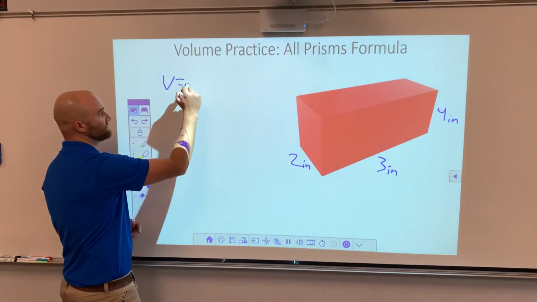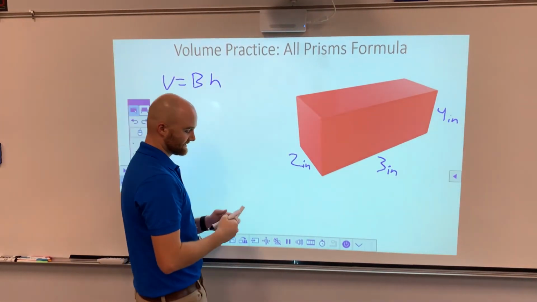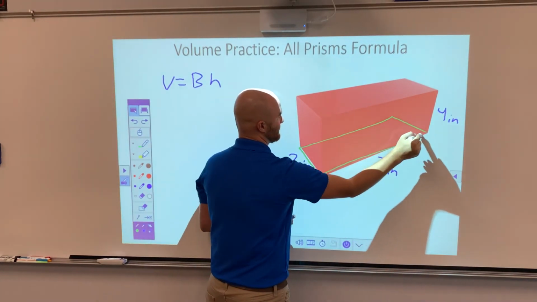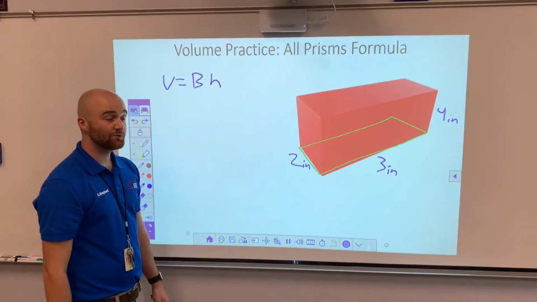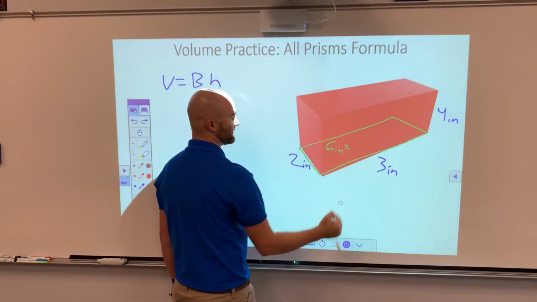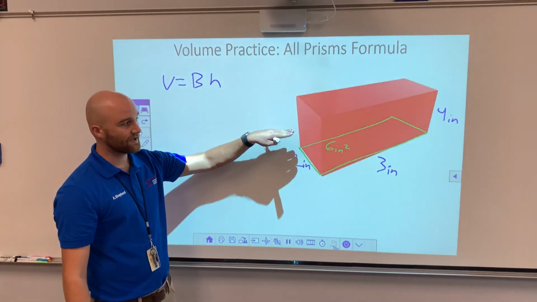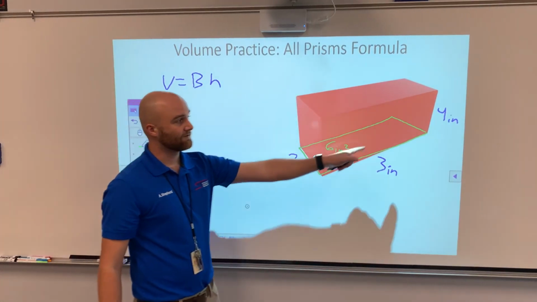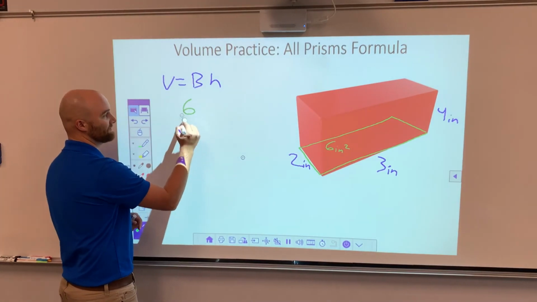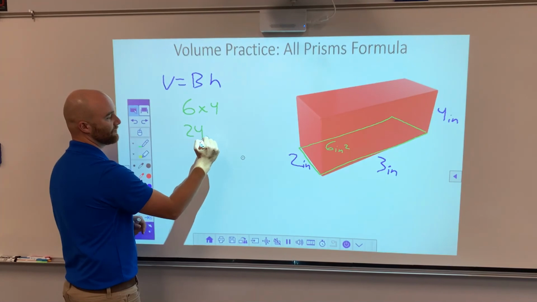Okay, volume is equal to the area of the base times the height. The area of the base, if I pretend I have X-ray vision, is right down here. That's 2 times 3, which would give us 6 inches squared. Then I'm going to multiply that times the height. How many layers of this base do I have? I have 4 inches as my height, so I have 4 layers. That means that my area of the base is 6 times my height is 4, which gives us 24